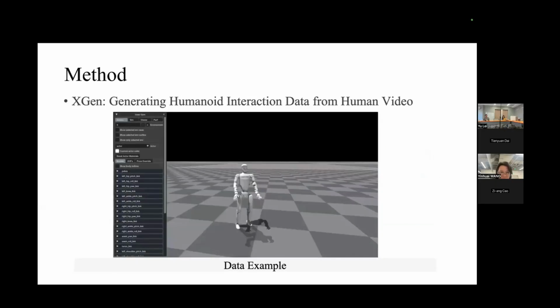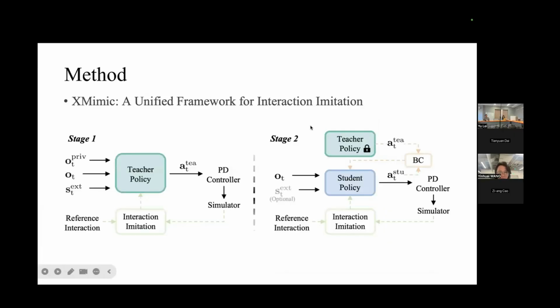Okay, so this is about the XGen pipeline. And now we will dive into the XMimic pipeline. XMimic is a two-stage training framework.